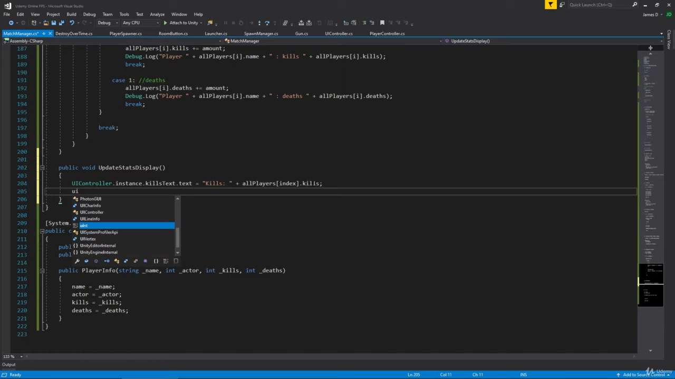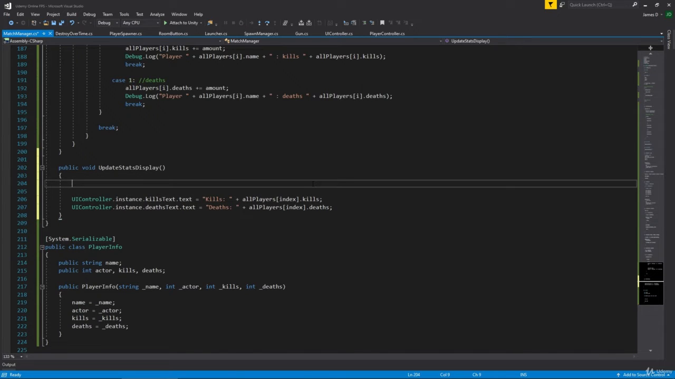So UIController.instance.deathsText.text equals "Deaths: " plus allPlayers at position index dot deaths. Okay, so that'll display our deaths, but just above this I want to do one thing to be safe,